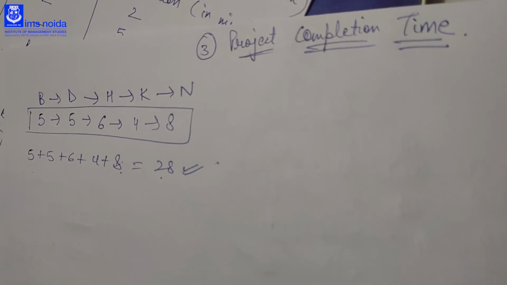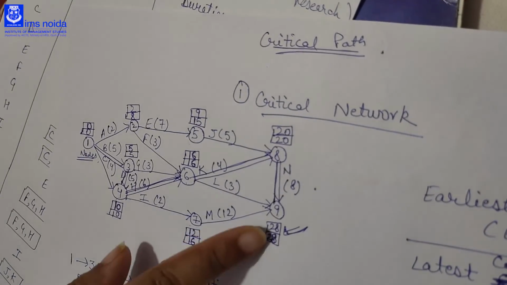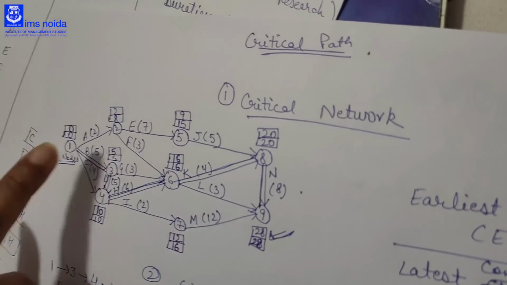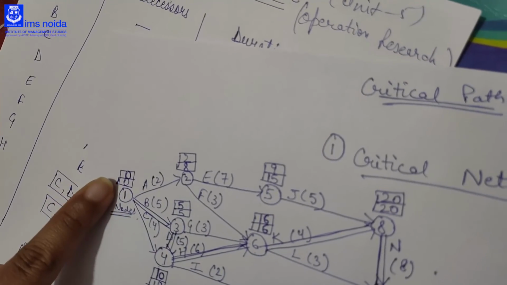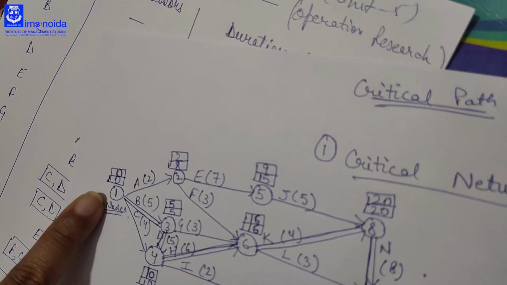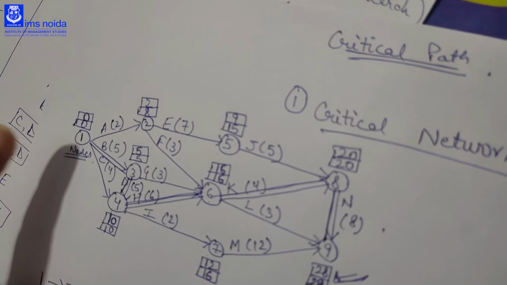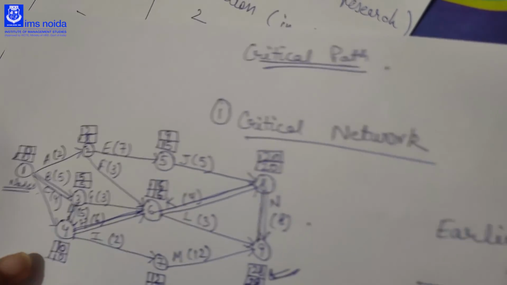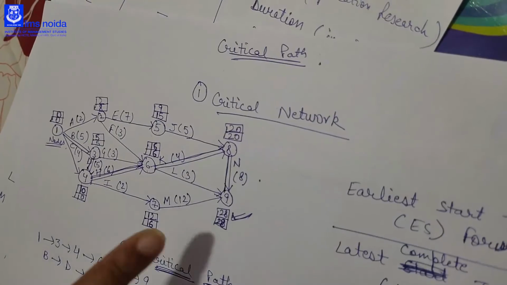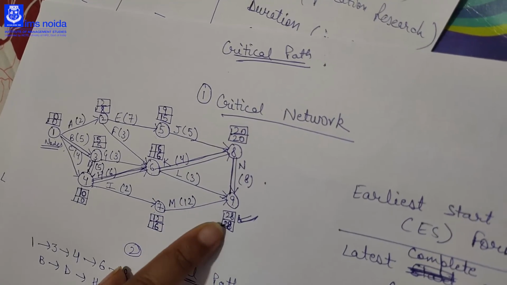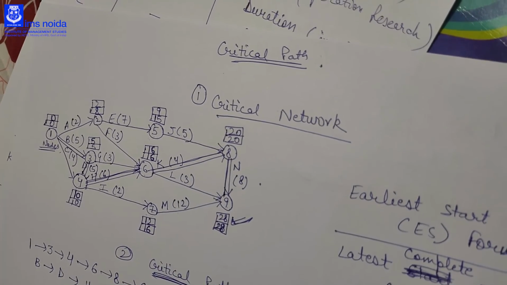So you have to take care of two things to know whether you are doing the question correctly or not. First, while you are coming back along the backward path, your starting node should get latest complete time as 0 by any of the ways you come back from the end node to the first node. That means you are doing it correctly. And then after getting your critical path and adding your durations, your project completion time and the LC and ES of your end node should be equal. So you are doing the question correctly.